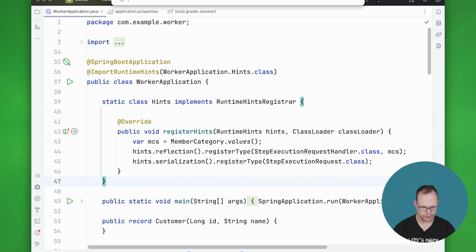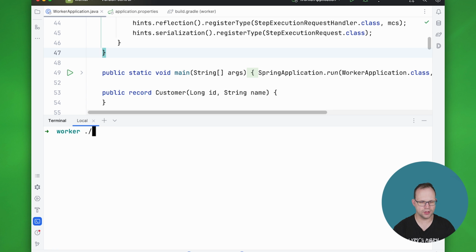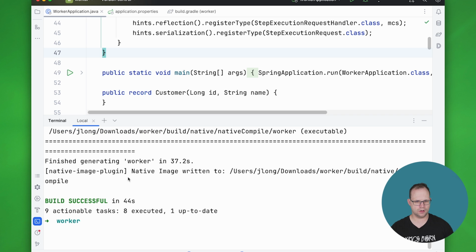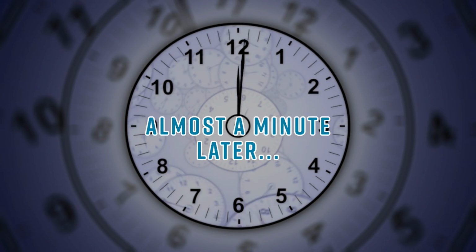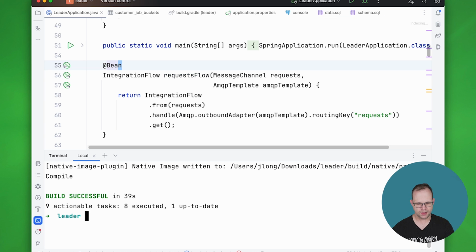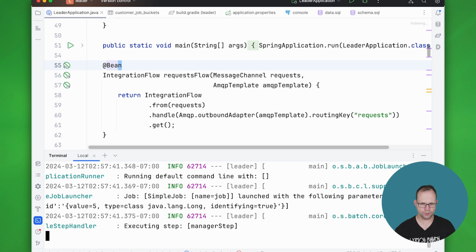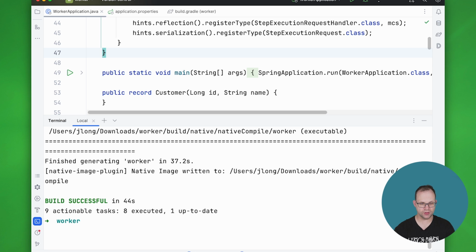Okay, let's go ahead and compile everything into GraalVM native image and see how this works in that context. So, as always, I'll just do Gradle native compile for the worker. Okay, the worker has compiled. Let me go ahead and compile the leader node now. All right, let's go ahead and start the leader. Okay, it's up and running. Now let's go start a few instances